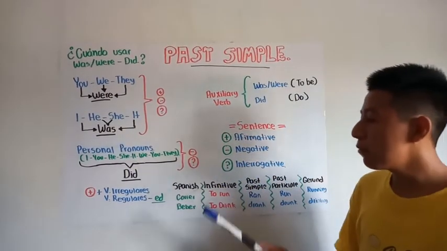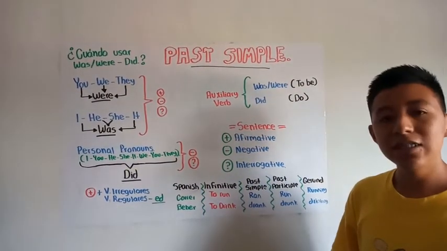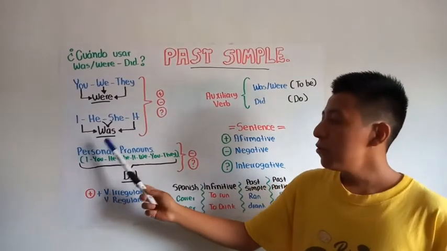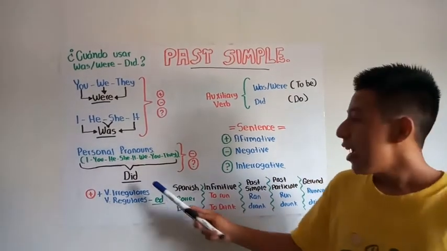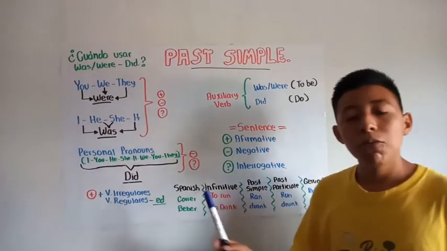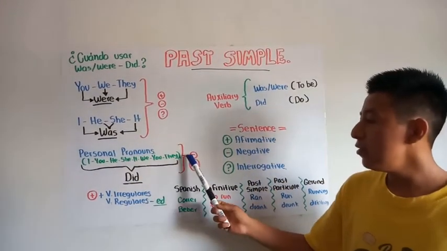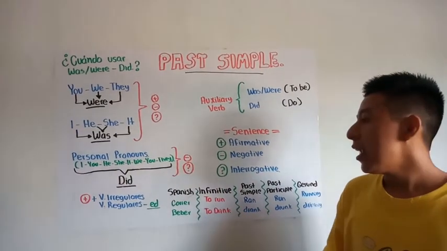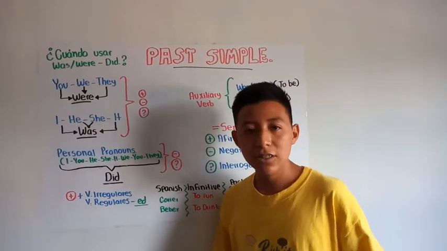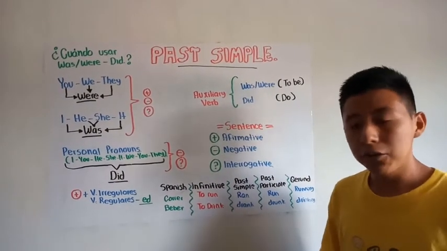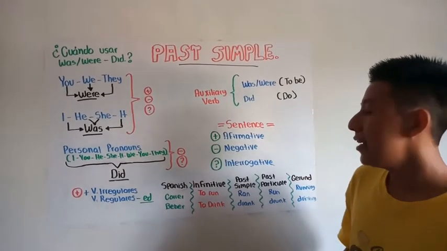And with the word did, you can use all personal pronouns: I, you, he, she, it, we, you, they. But a disadvantage of this word is that you can use it only in negative and interrogative sentences. Affirmative, you cannot use this word because it is a rule. Now I am going to learn